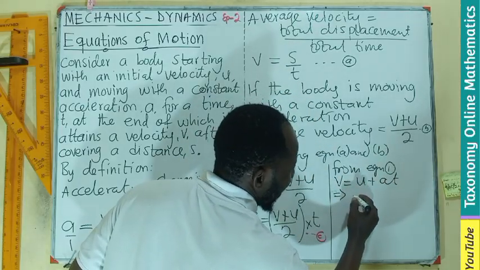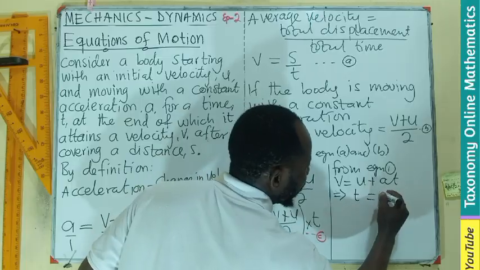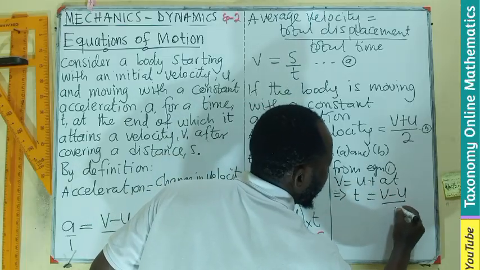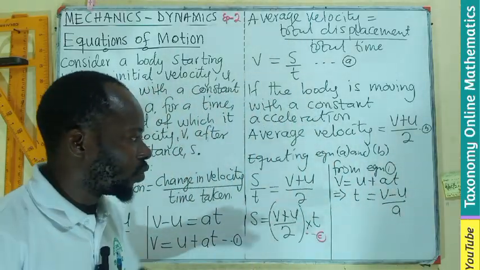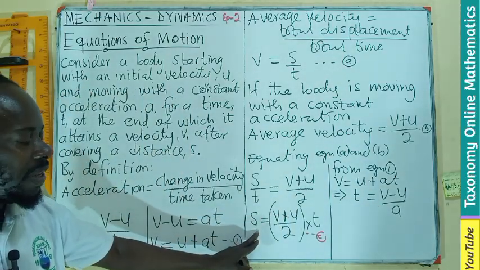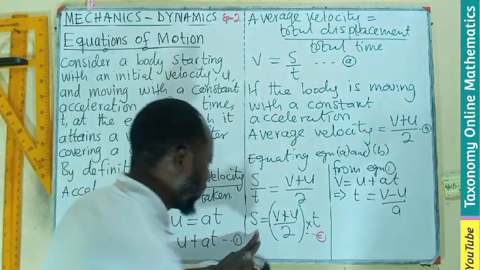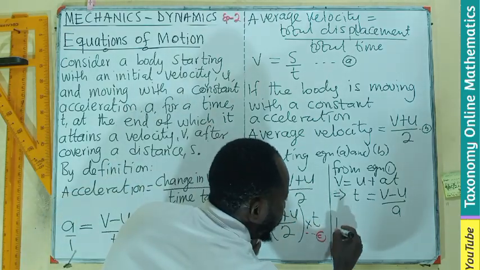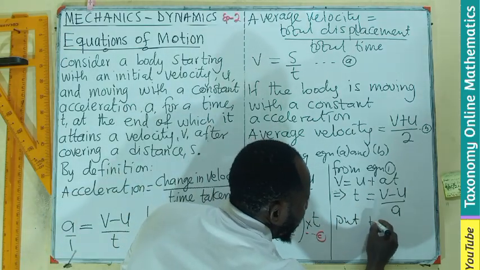That implies that our T is going to be equal to V minus U divided by A. So now, if this is substituted into the equation C,